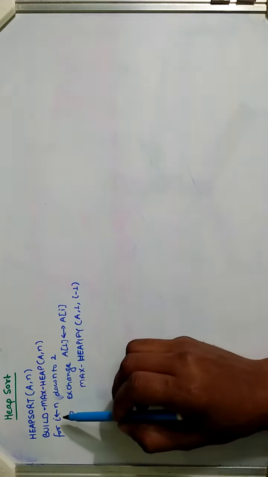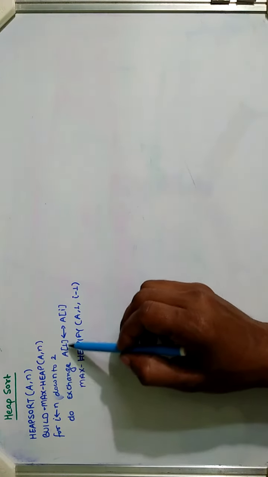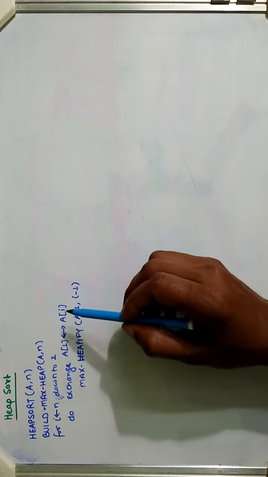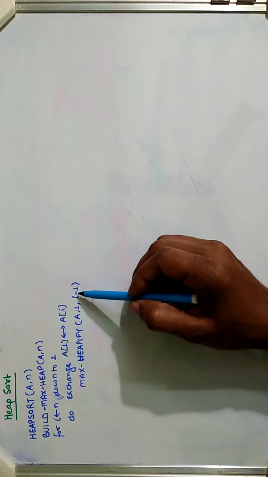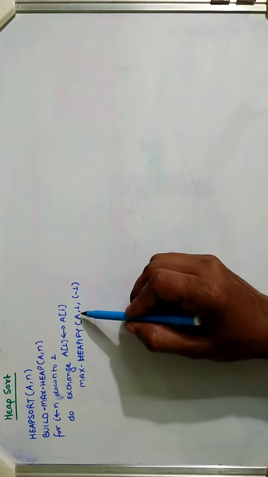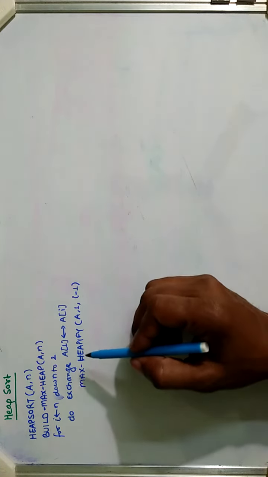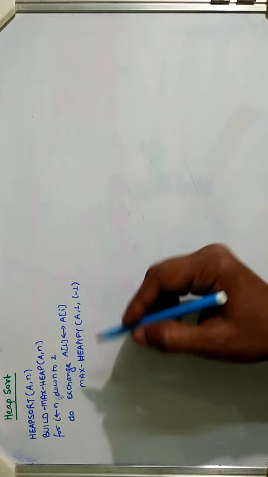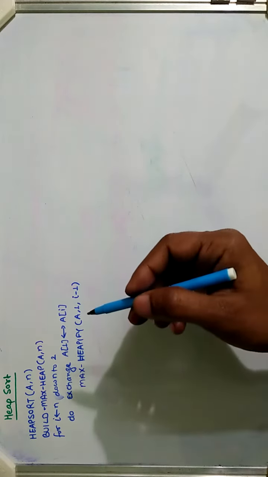So we start the loop from the last index downwards to 2. We swap the element at the root with the last element. Now we discard this last node and decrease the heap size by 1. Then we call maxheapify on the same root node with the lesser heap size. We repeat this procedure and discard the last element until we are done with all the elements. This is the procedure.